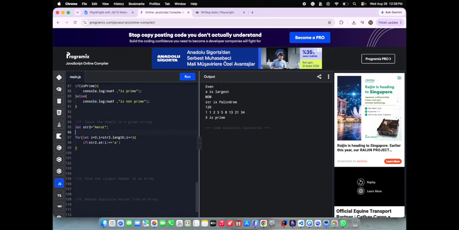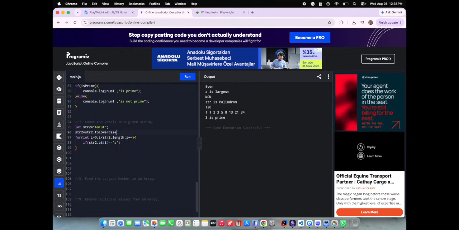So before that I will make str2 is equal to str2.toLowerCase. I will make it lowercase, because before that I will just convert it to lowercase. And if str.at(i) is equal to a,